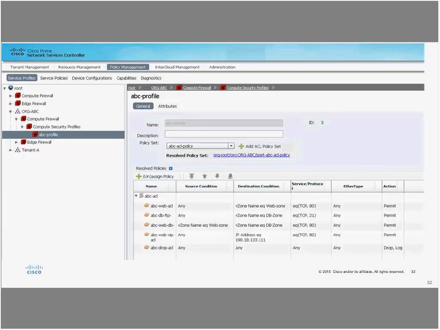So here I'm showing that I've created specific policies that if it's coming from this virtual machine and going to a specific destination, then whether the traffic will be permitted or dropped, what ports are allowed, what type of traffic is allowed, and so on. So a lot of different options are now available in PNSC to granularize your traffic in the network.